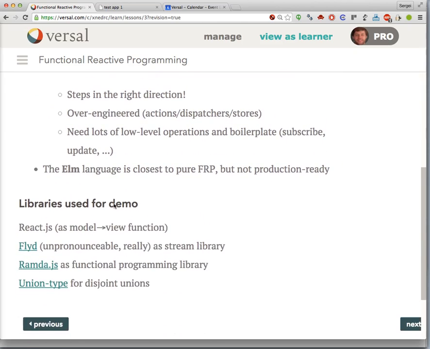Now, for this demo, I will be using some small libraries. I will be using React, but I will be using a stream library, which is called this. Now, I really wanted to pronounce this correctly, but I probably won't. So this is Flux. Flux. Now, this is a word for flux in Danish. And this library gives you the streams, the values of type stream. I also use these two libraries for functional programming